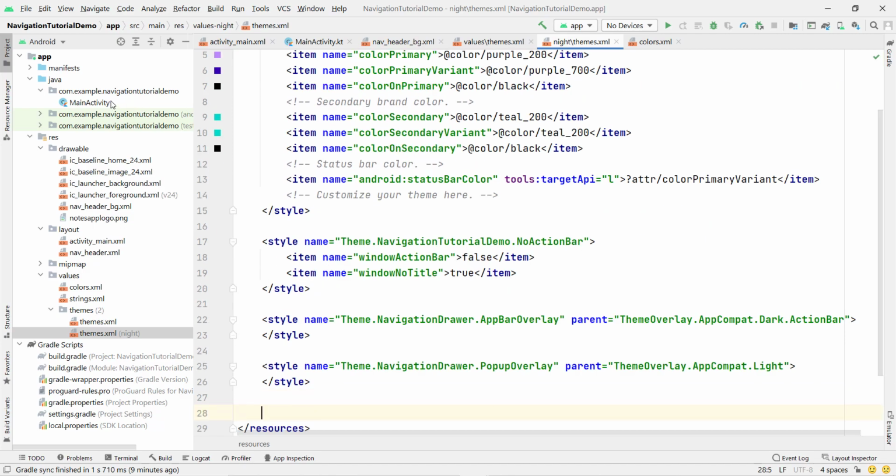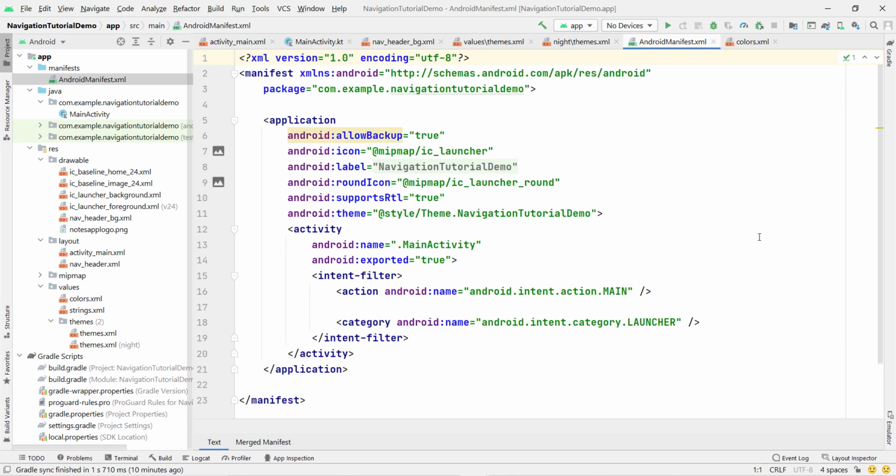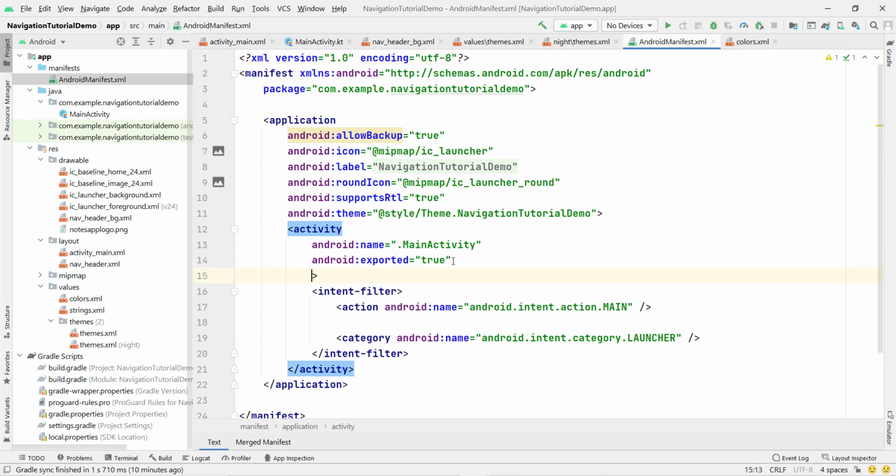Now we are ready to use this. So first of all, come inside your Android manifest. Let us suppose you have a lot of activities, a lot of projects, and a lot of fragments. Where you want to implement this navigation drawer theme, you have to use that theme there. So if I want to use this theme inside my main activity, I have to type here